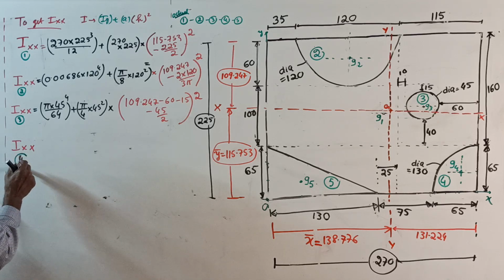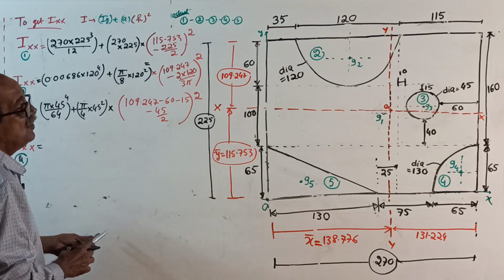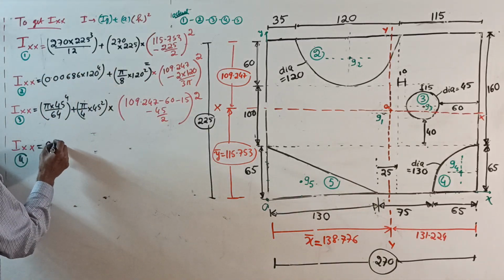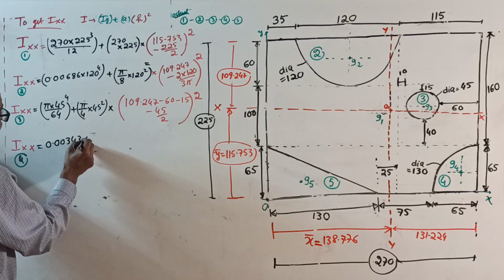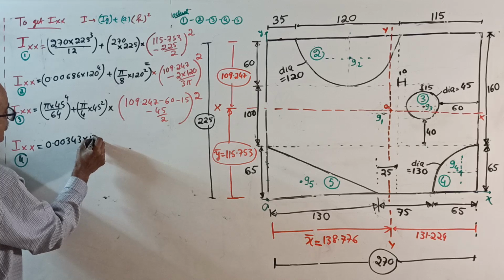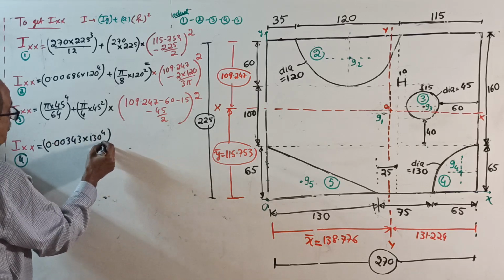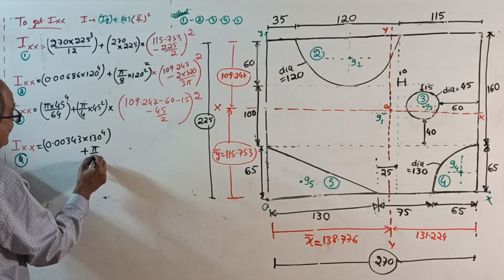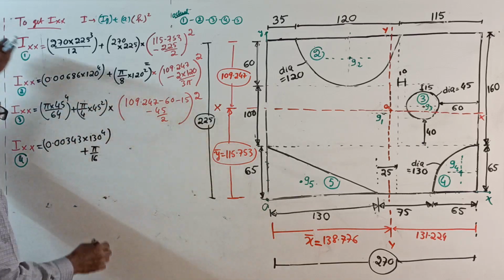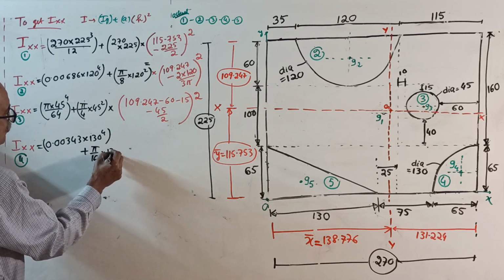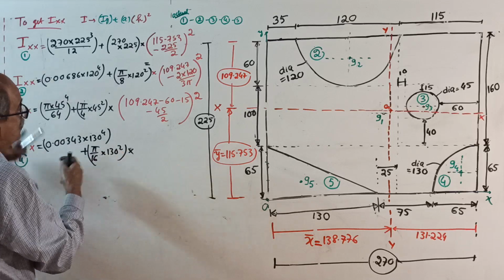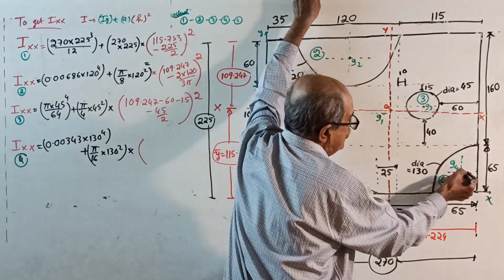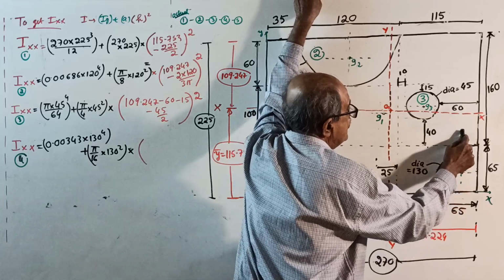4 is the green color. 4 is a quadrant of a circle. So I already told you, 0.00343 into diameter. Where is the diameter? 130 power 4 is Ig, plus area, space problem here, pi by 16. Circle is pi by 4. Semicircle is pi by 8. Quadrant is pi by 16 of 130 square is the area, into the most powerful term, from the centroid of that quadrant to xx, this distance square is